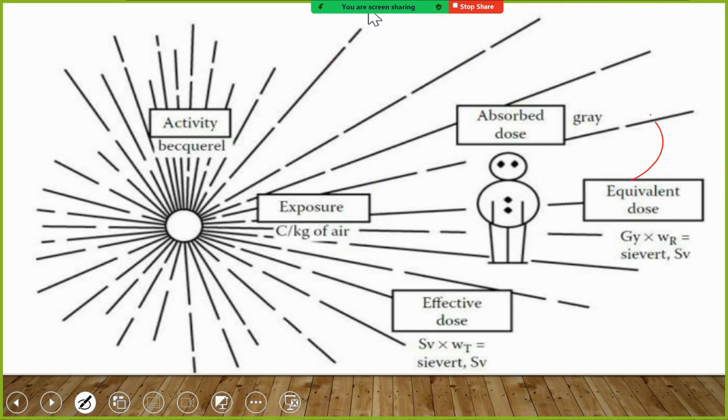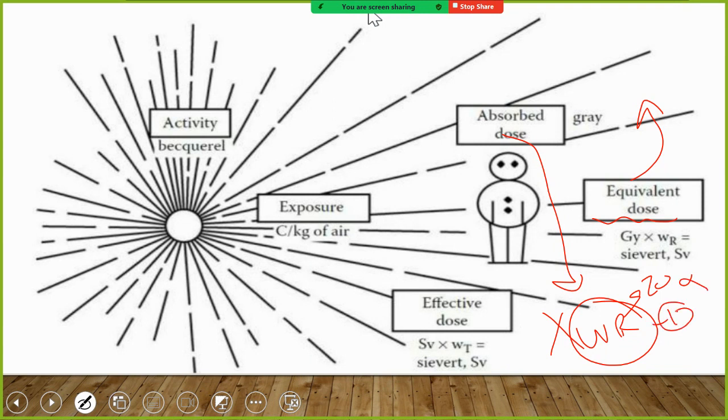So we have to consider that in another definition, which is called equivalent dose. The equivalent dose is absorbed dose multiplied by radiation weighting factor. This radiation weighting factor is 20 for alpha particle, and 1 for X-ray, gamma ray, and beta particles. So equivalent dose gives us information about how much dose is received by a patient or by a worker, considering the type